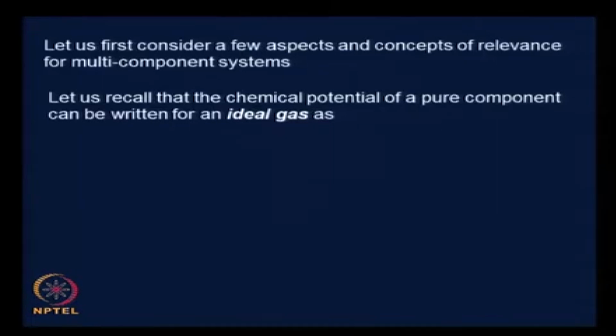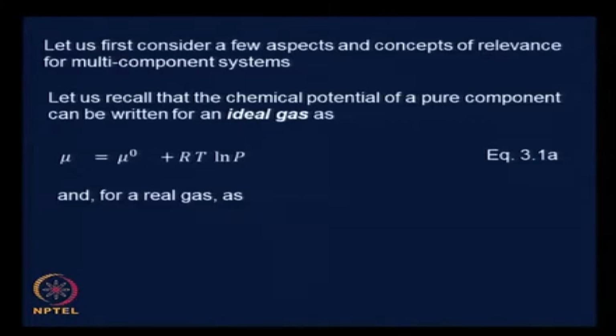If it is an ideal gas, we can write the chemical potential of a pure component as mu equals mu naught plus RT ln P. This we have already seen way back in equation 3.1a,